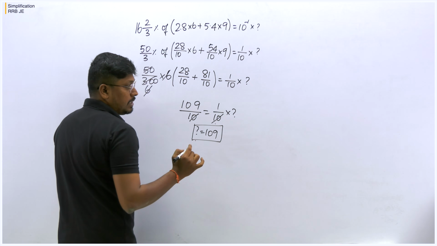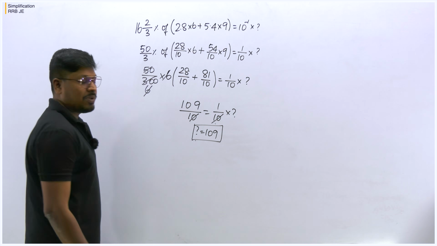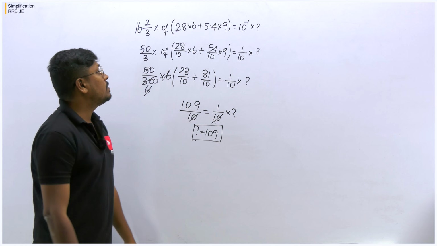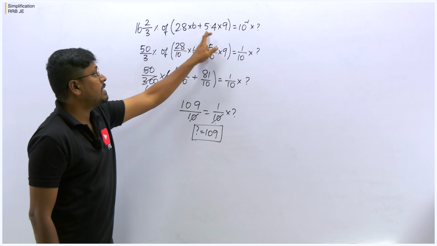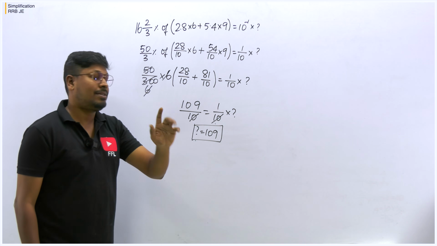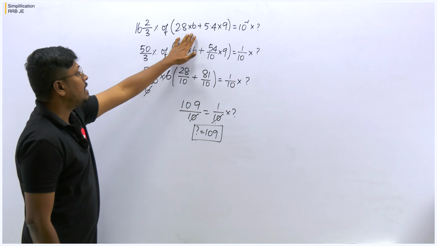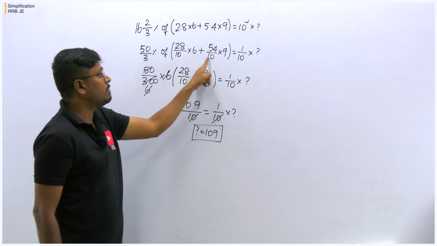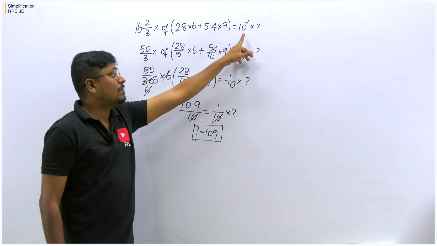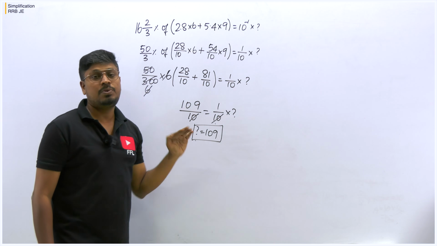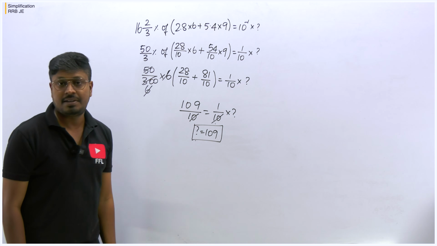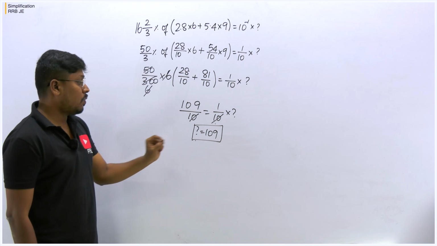So option C, okay. So the final answer is 109, right? Which is the answer for this question. Easy or not, right? So here do not multiply. Again I am saying, if you multiply these two numbers, there is a chance of making a mistake. That's the reason initially if I see a question like this, I usually remove the decimal point. And then if it is 10 power or 2 power minus something, first write it in a proper way and then solve the question so that it is very easy to solve most of the simplification, right? So the answer for this question is 109.